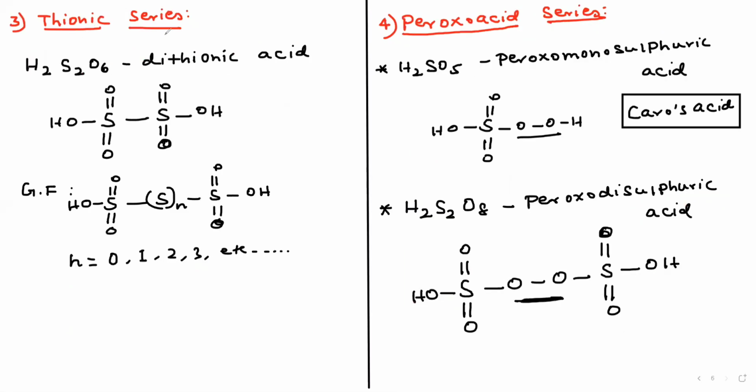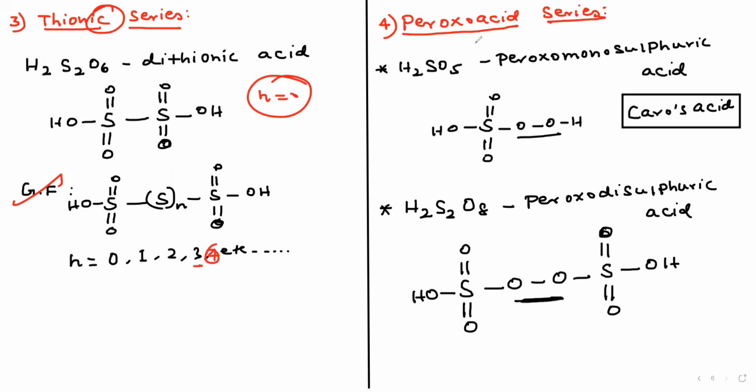And see, this is the thionic series. Okay, in the sulfuric acid series, I take what? I make this type of bond. Yes, double bond O, OH. Here yes, double bond OH. Okay, you also have N equal to 0, right? It's the common formula we discussed already. Okay, you put 1, 2, 3, 0, 2, any number you can put. Okay, generally up to 4 is possible. Okay, 5 is not possible in case of the thionic series.